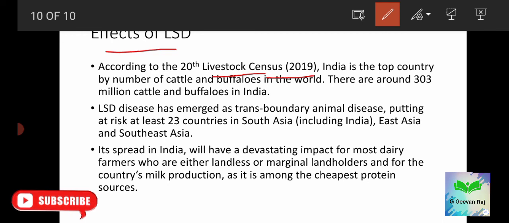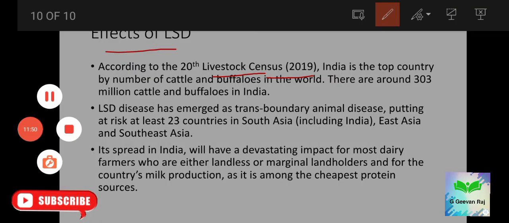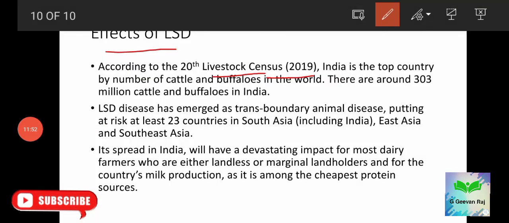When the milk production is affected, it will affect the majority of the population in the country in terms of health and nutrition. So it will further cause nutritional poverty in the country. That is the lack of required nutrients in the diet, and it will also lead to malnutrition, child stunting, etc. This will also be a major